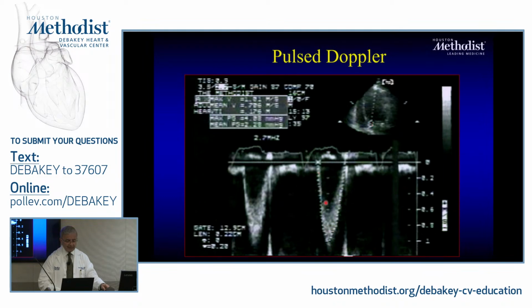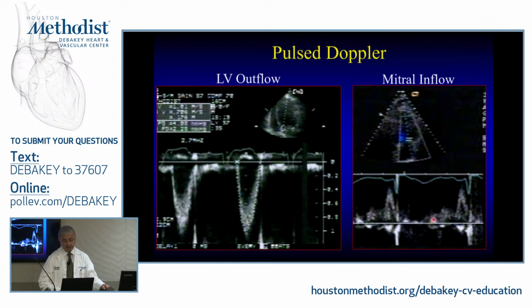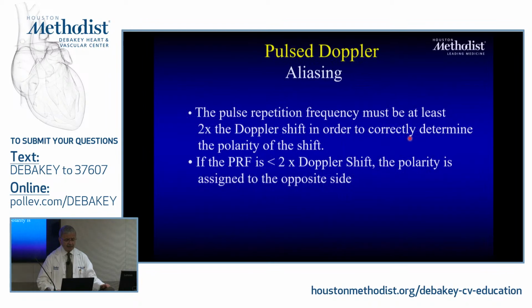Okay? So this is an example of pulse Doppler in the LV outflow tract. You can see the velocities. The red cells, this spectral display that you see, we call it spectral broadening here, because here it's not broad, but it gets broadening here. Here meaning all these red cells at that area are going at that speed. But at maximal speed, there's some dispersion. Some of them are going a little faster than others, and this is where you see the spectral dispersion of it. And then flow ends at the end of ejection, and you can have the same thing in the mitral area where I put my pulse Doppler either at the annulus or at the tip to get my diastolic flow. Okay?